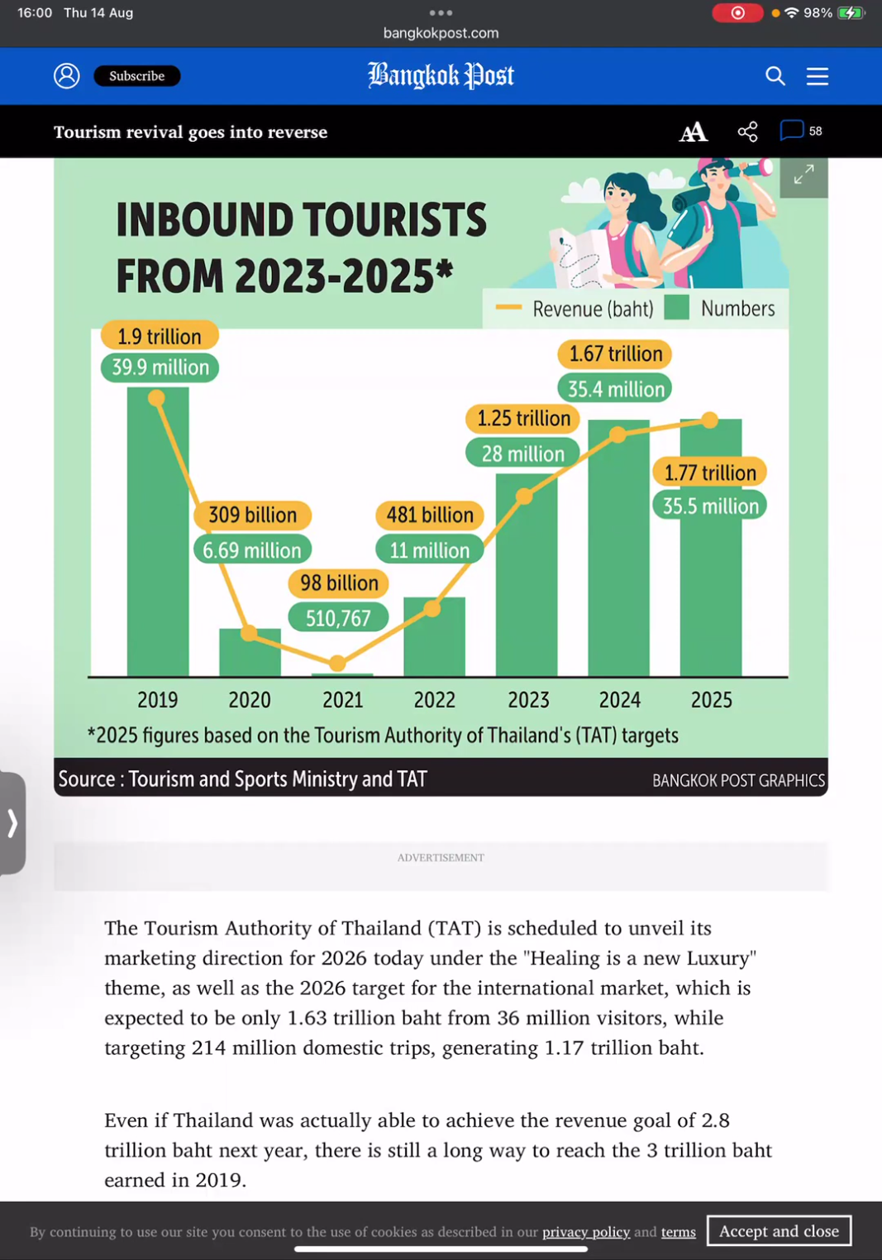Okay, there is a fall, however, in 2021, as you can see, in the number of tourists going down from 6.69 million to 510,767. But after 2021, the number just recovers and it is on the rise again. All right, going forward, this is a good piece of information. So I can say with confidence that